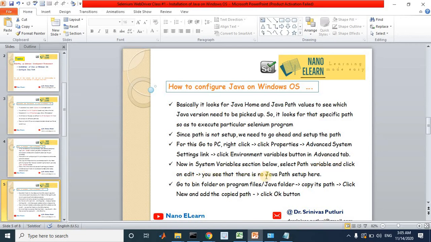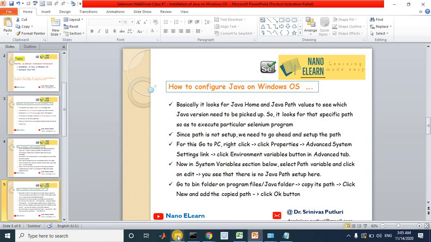Then you see that there is no Java path set up here. So now go to the bin folder of Java folder that is available on program files. Copy its path till bin and click on New and add the copied path. Finally click on OK button to submit the path.